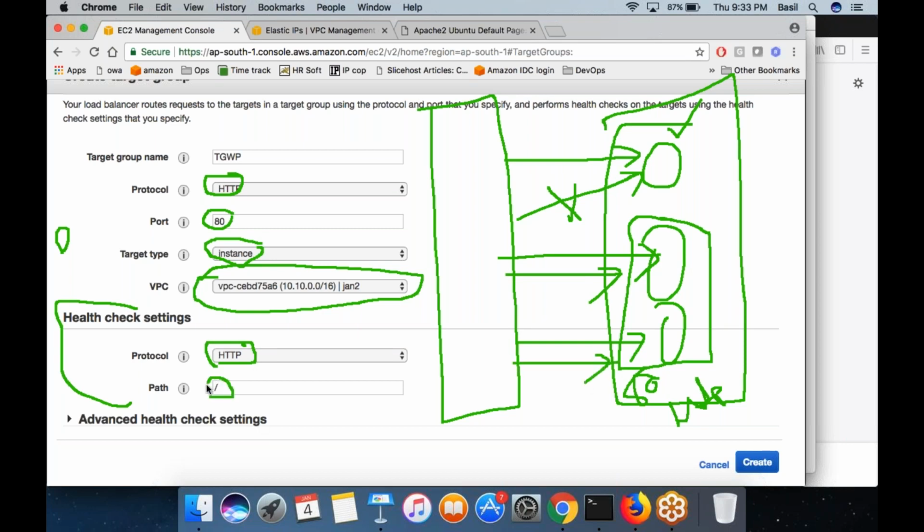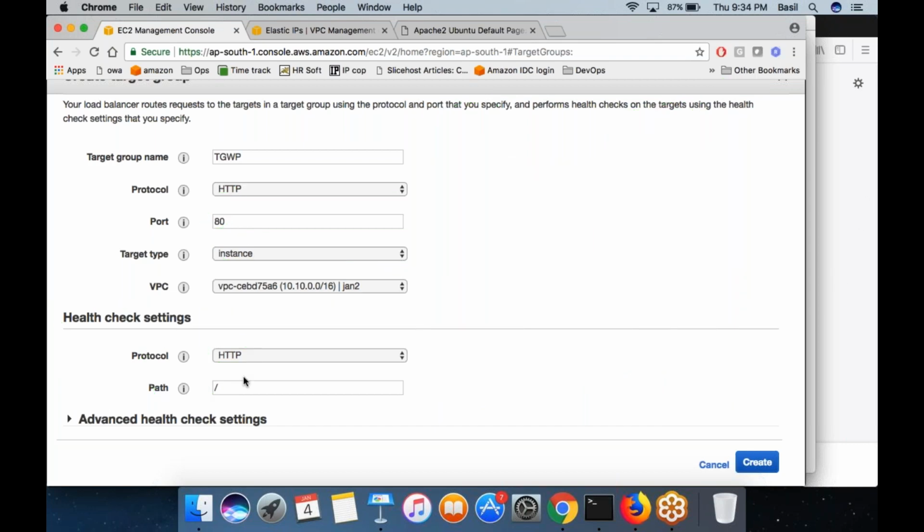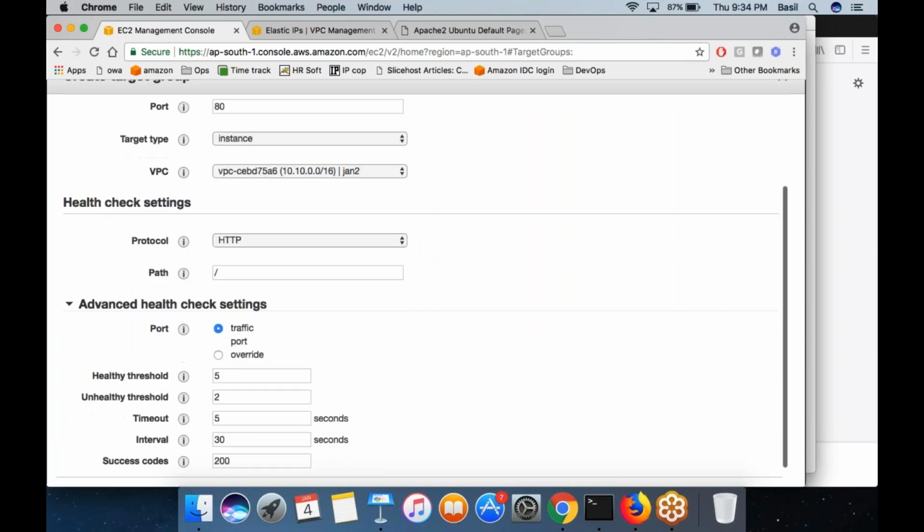And this page it will try to access. And if it is able to access that page, load balancer will automatically mark the machine as healthy. That's what this health checking means. If you click on the advanced button, you will get more options like